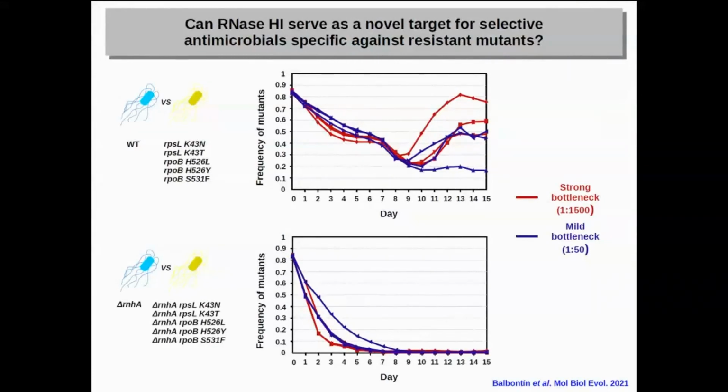And then we did the same experiment in bacteria that were lacking the RNase H gene, both the sensitive bacteria and the resistant bacteria. And what happens in that case is that sensitive bacteria take over very fast, and these guys never come back. You go to this culture, you plate it on rifampicin and streptomycin, and nothing grows. They are dead. They are extinct.